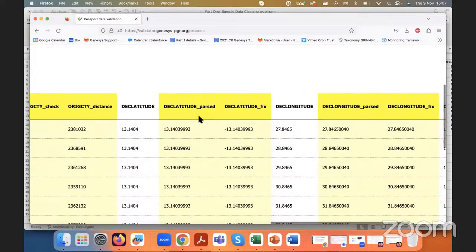The second variable is the latitude. So the column that the tool adds for latitude and also for longitude is the parsed column. You can ignore this. It's not very important. This is just the tool reading your original data and transforming it from text to number. And then it fixes the parsed